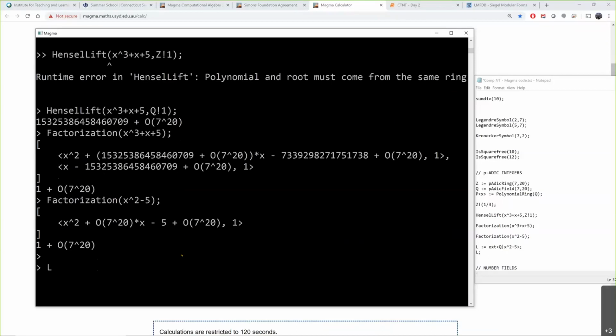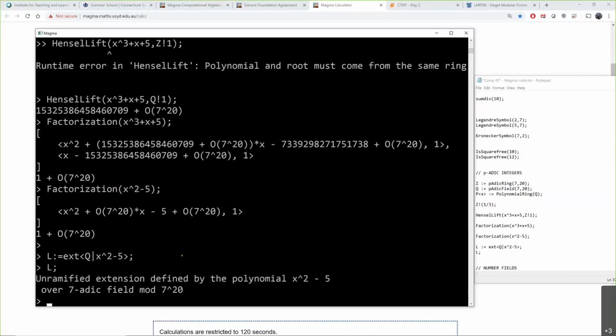So if you want to talk about local fields, an extension of a p-adic field, Q7, here's how you would do it. I'm going to extend Q, remember which was Q7. I should have maybe called it Q7 instead of Q. And I'm going to extend it by this polynomial, meaning that I'm adjoining a root of that polynomial. And Magma now knows, there you go, that L is the unramified extension of the 7-adic field